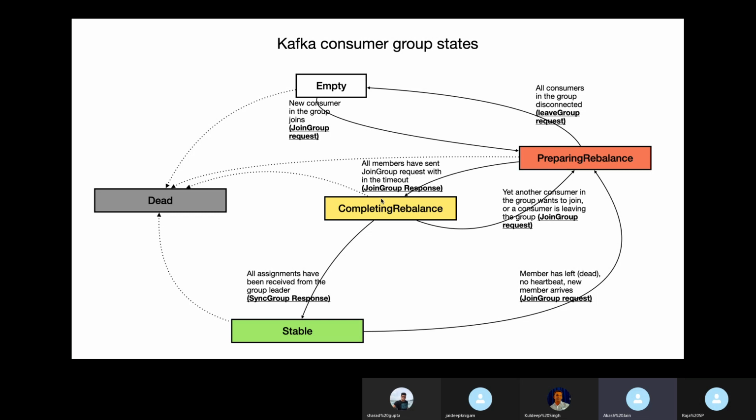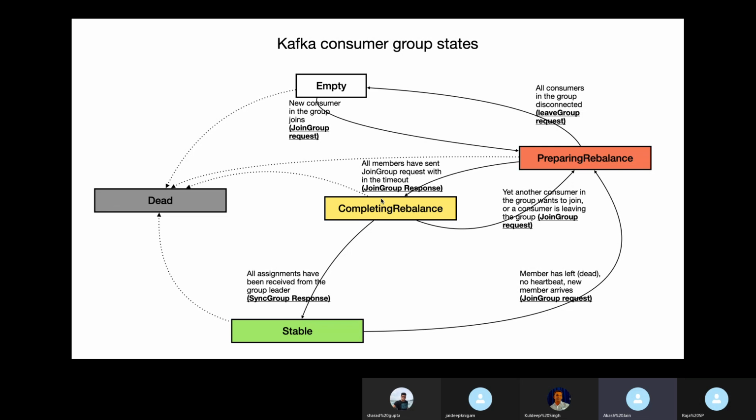Now, once the join group response is received by the leader and the members, everyone responds with a sync group request. The group leader is supposed to evaluate the partitions for each of the members in the group and send that information to the group coordinator.